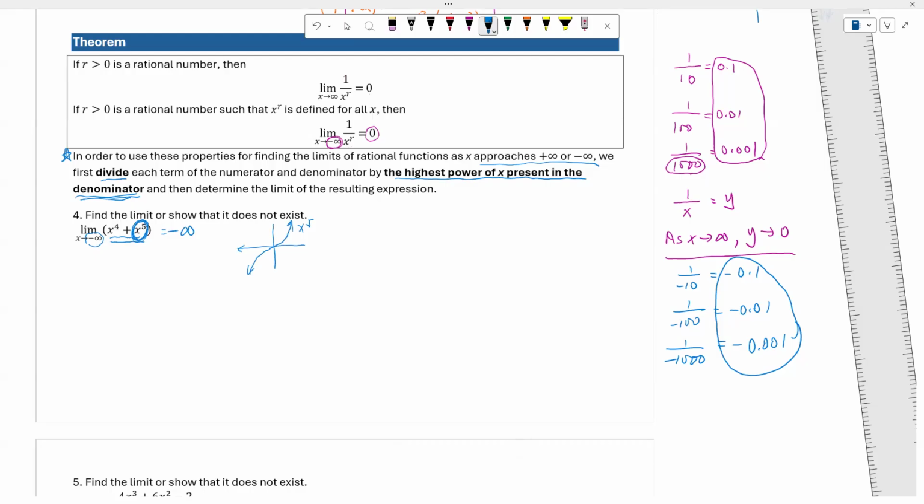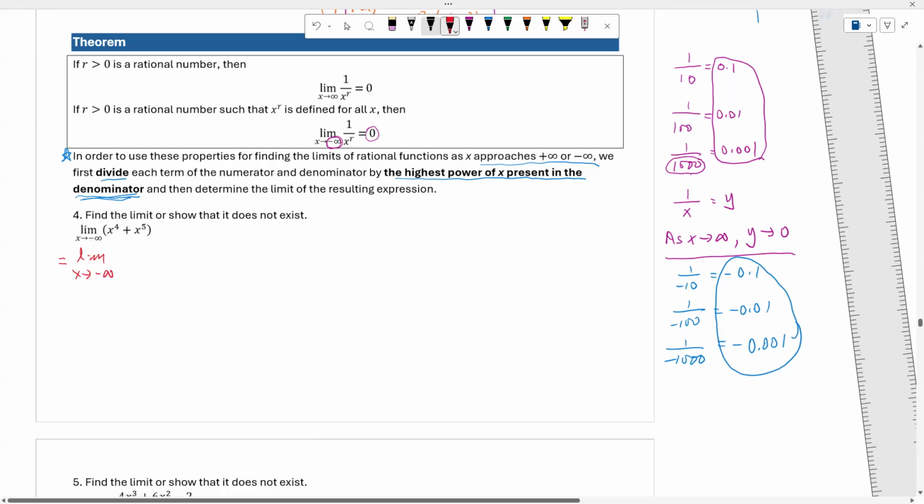But right now, we have to see if we could use algebra or the limit to help us take care of the problem. So let's see how we actually work out this problem. One way to work on the problem is to consider that again, I still take the limit as x approaches negative infinity.